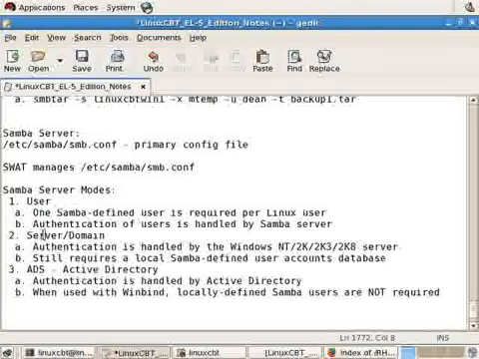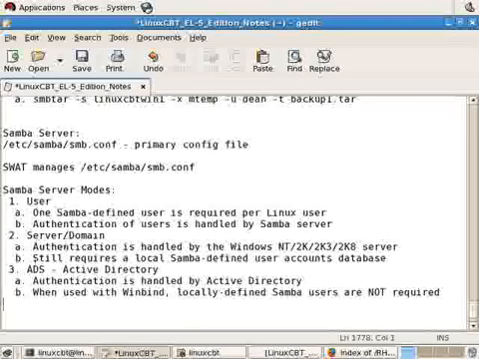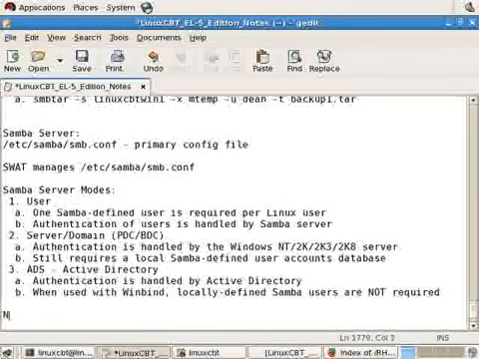The server could be an XP box, NT, 2000, 2003, 2008, you name it. These are the main modes: user, server, Active Directory. Server and domain function similarly, but again, in domain mode, multiple servers such as a PDC, BDC, Windows system may authenticate requests, whereas in server mode, a specific server known as the password server is responsible for authenticating the connecting user. But when it's all said and done, let's just note,